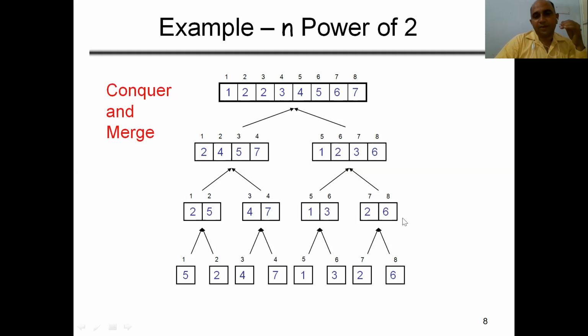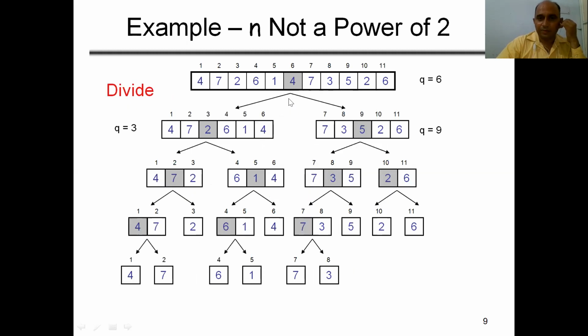Now at the second level, each subarray has a size of 2. Now these two arrays, each of size 2, are merged into a single array of size 4. The logic is the same. The first element is compared with the first element. 2 is less than 4, so 2 comes first. Then 5 is compared with 4, so 4 comes here. Then 5 is compared with 7, 5 comes, then finally 7. So this is the logic behind how we are merging two sorted arrays. Finally, these two subarrays are merged into a single array. So this is our example.